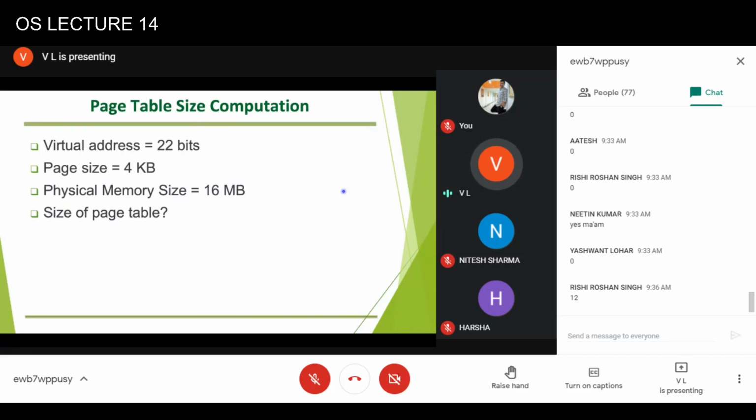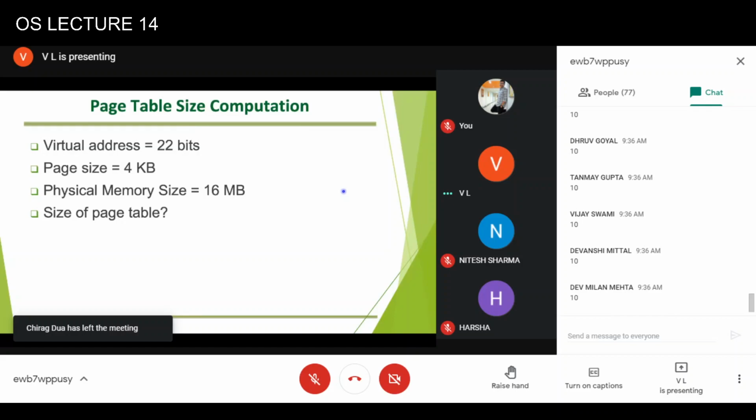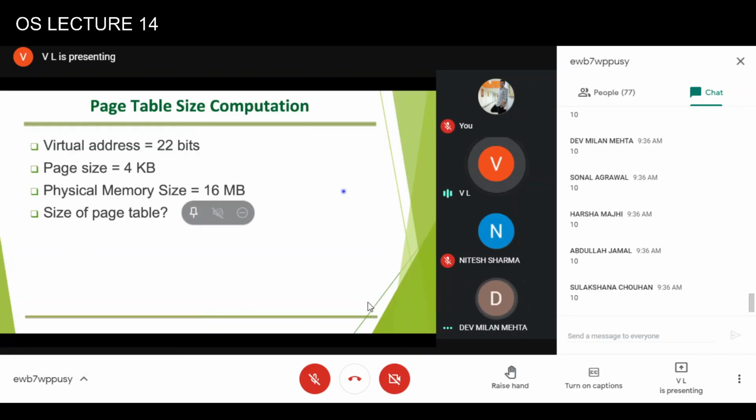Out of 22 bits, 12 bits have been reserved for offset. So how many bits are there for virtual page number? Okay, so there are 10 bits.